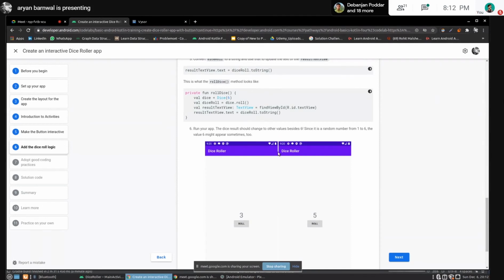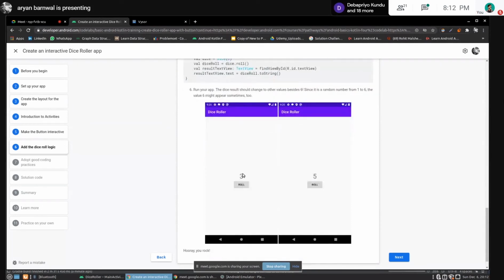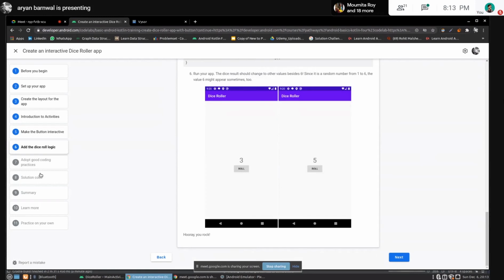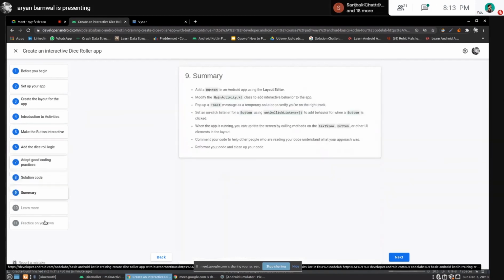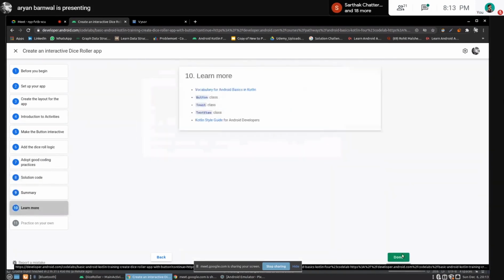So if you click on the roll button, it will call the function roll, and it will just show the side pitched on the text view. Okay, so this is all in the dice roller app. Okay, so this is all done.